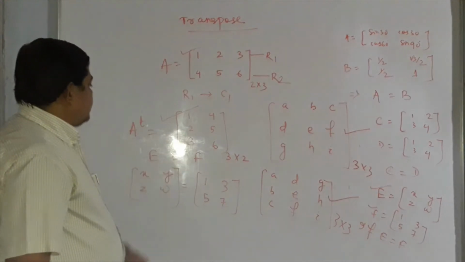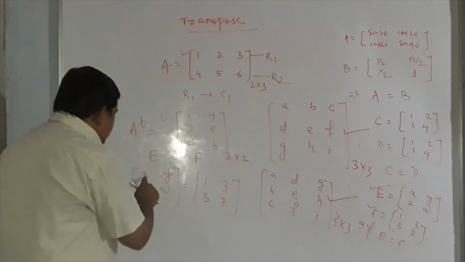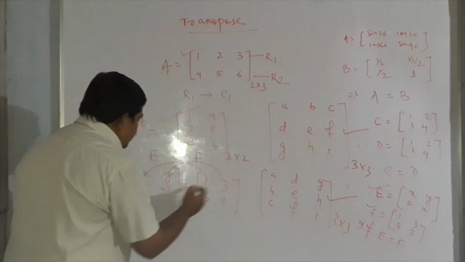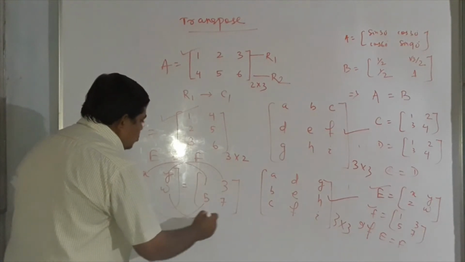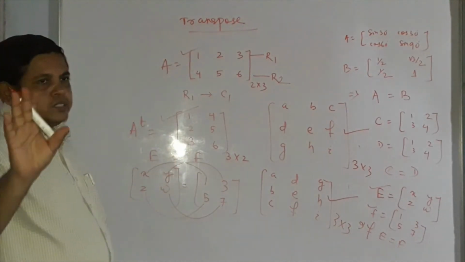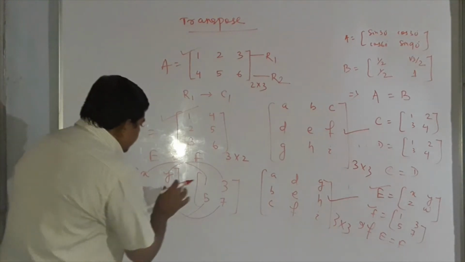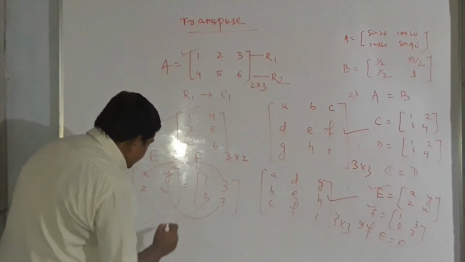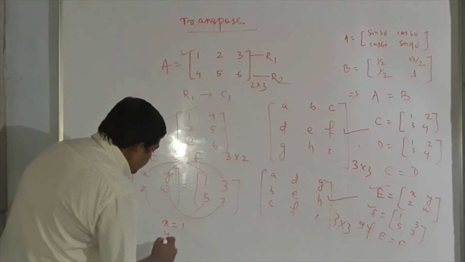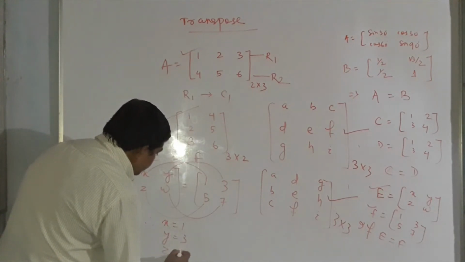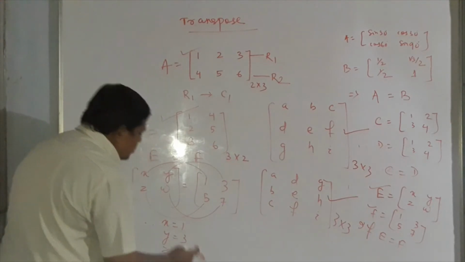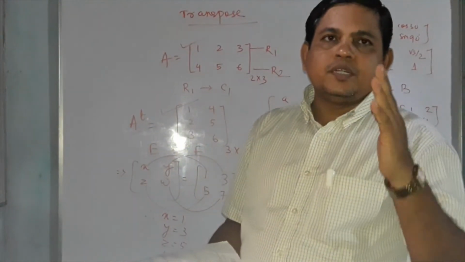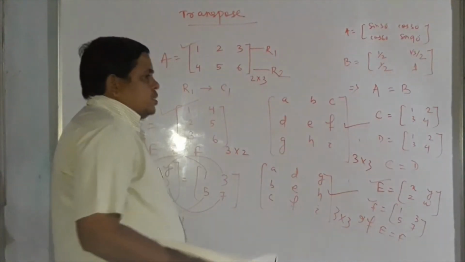Now if E equal to F, their entries are the same and their orders are also the same. So on comparing both, X is equal to 1, Y is equal to 3, Z equal to 5, W equal to 7. But you don't mark like this, I just made you understand. So if E equal to F, then you give an implication mark and write: therefore X is equal to 1, Y is equal to 3, Z is equal to 5, W equal to 7. Or you write: on comparing both the matrices, we are getting X, Y, Z and W as 1, 3, 5 and 7 respectively.